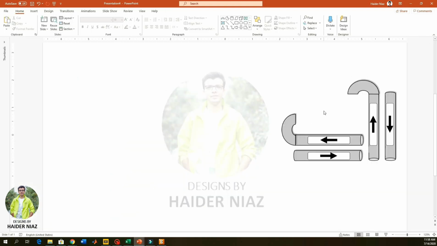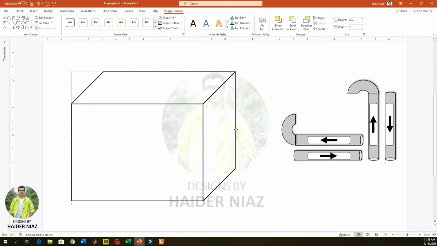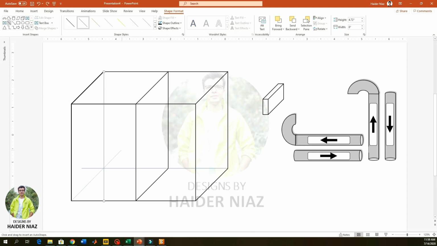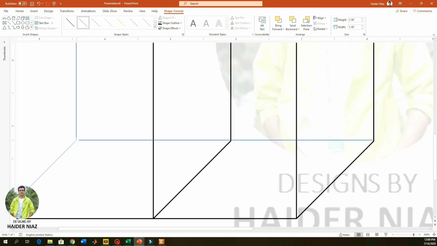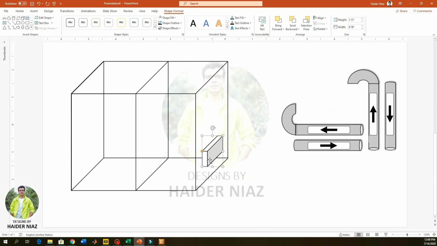So once the elbow is done, you're going to move to the next part, which is the reactor part, or anything. It can be anything. I'm just showing you basic steps to use the tools. I'm using a cube and adjusting the size of the cube from the corner, which you can see in the golden color. Now I'm adding these lines to show a perspective that this is a four-cornered block or a cube. You can say it anything.